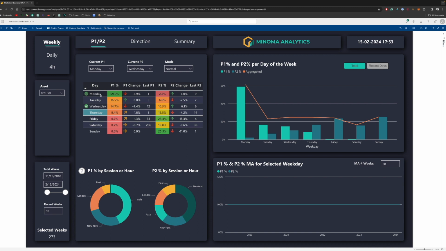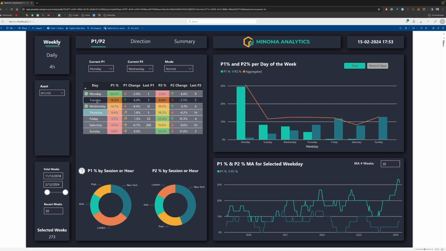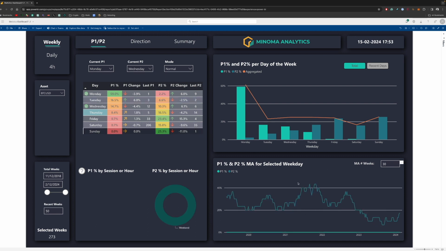And it's actually been really cool to see. We've been saying Tuesday's the new Monday. If you select this, you can see that Tuesday has been on an absolute tear lately. Tuesday has really been putting in a lot more P1s. We have been noticing that Sunday has been putting in a lot less during this whole time, but now it's picking up again. And we are in the bull run. So, or at least I think we're in the bull run.